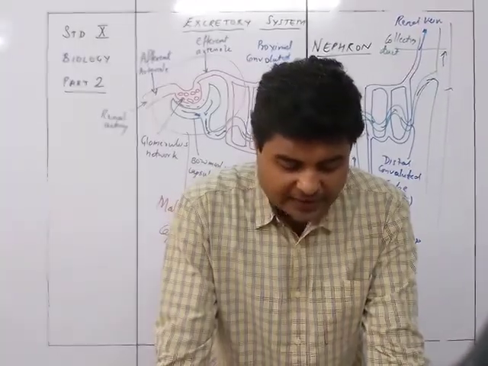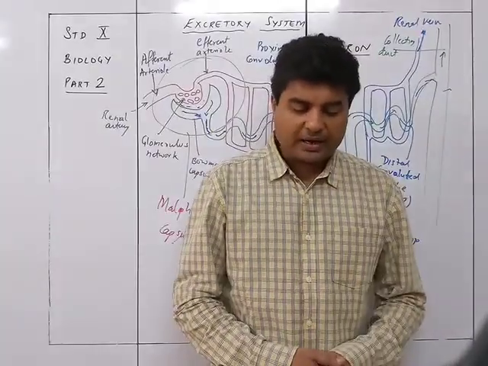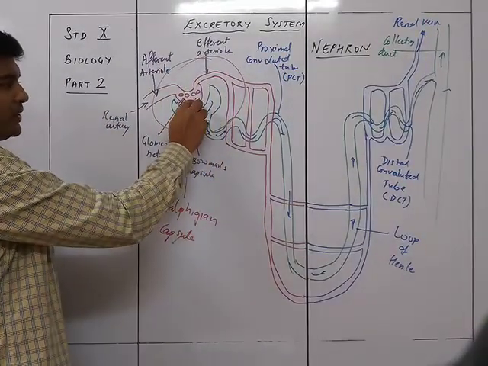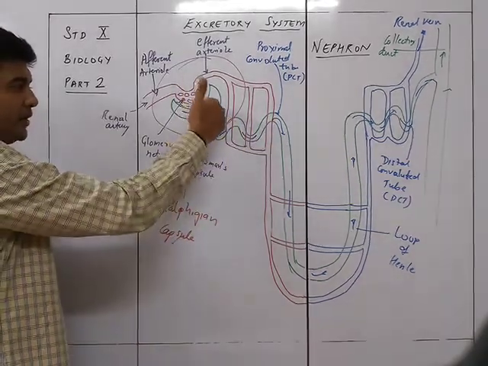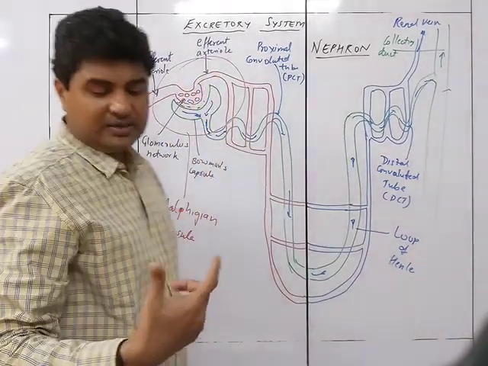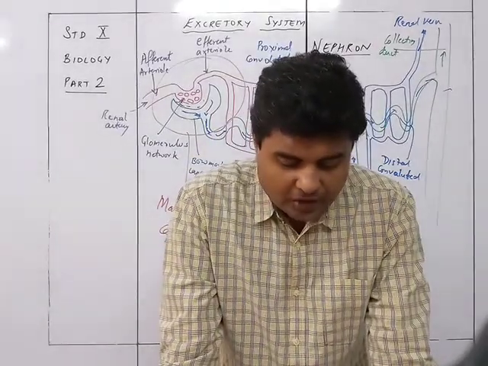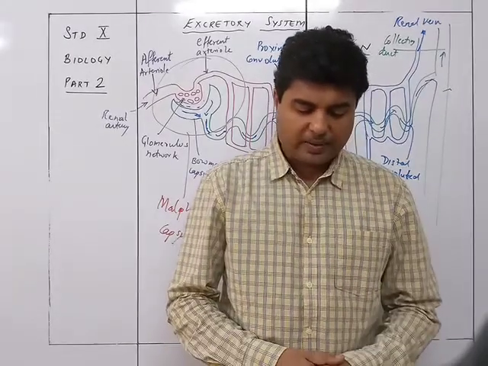The glomerular filtrate consists of water, urea, salts, glucose, and other plasma solutes. So the one which is entering over here, this black dotted part, and the blue line that I am showing, we can consider these to be the glomerular filtrate. The glomerular filtrate consists of water, urea, salts, glucose, and other plasma solutes.